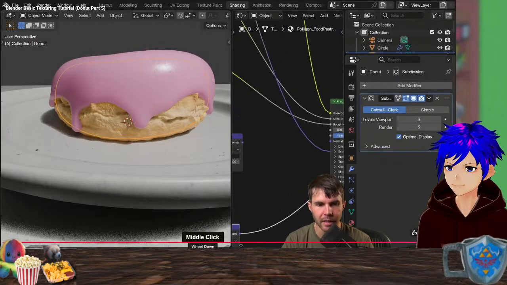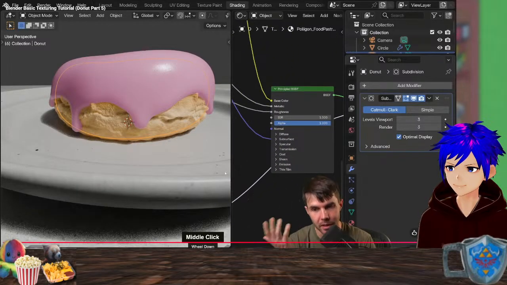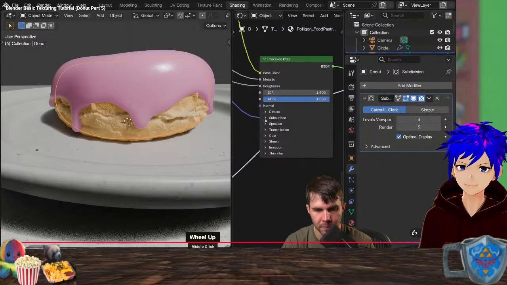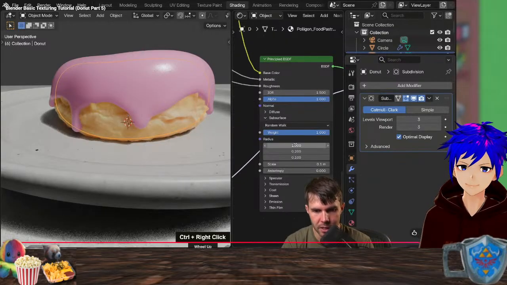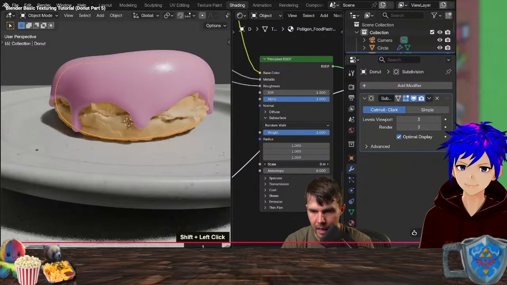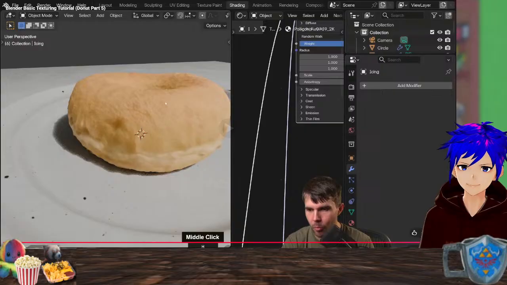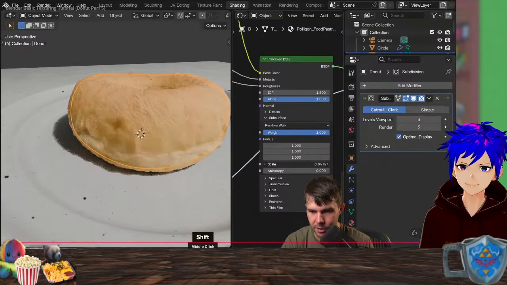And then, of course, the other value that this is missing is the subsurface scattering, because again, we overrode the placeholder stuff that we had there before. So in here, I'm going to sever this connection, and then I'm going to set this to 1. And look, you can make this look so buttery nice. Look at how soft and fluffy this donut looks.